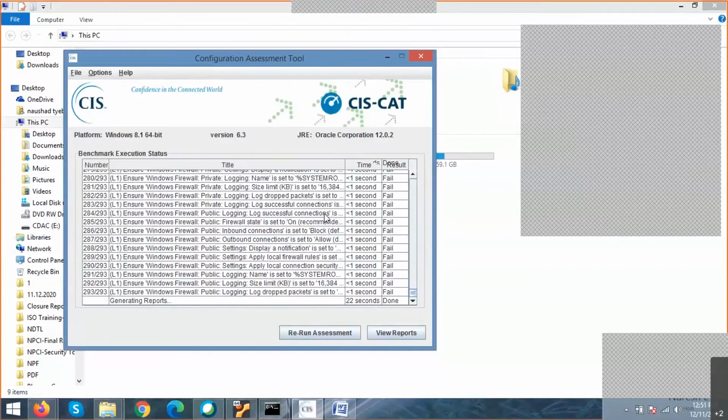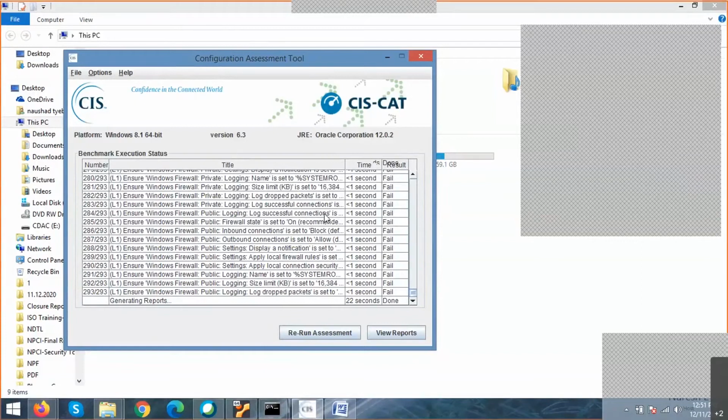I think SCAT version 4 will ask many things, Ashish. Ashish sir, do not install version 4, you can install version 3. Version 4 will ask many more things from a manual point of view.